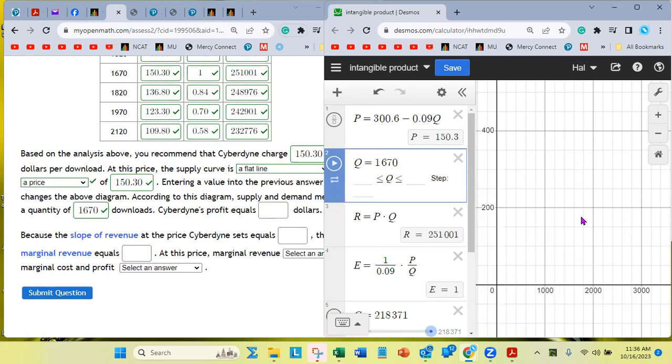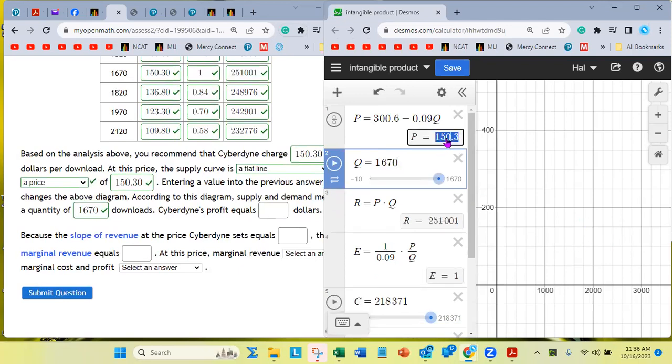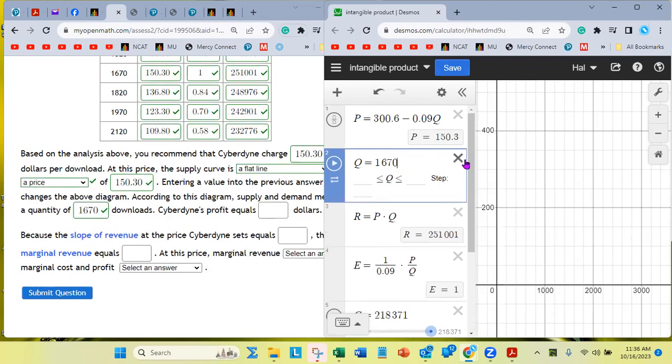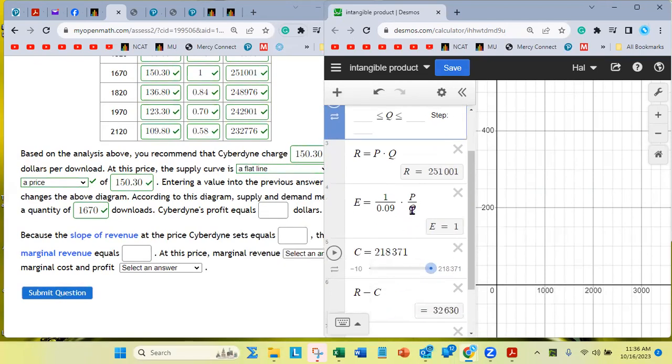Okay, so if we set the price at $150.30, we expect 1,670 downloads, right? If we get that and we have a price of 150.30, our revenue is $251,001, right? Now our costs are fixed because we've sunk all this